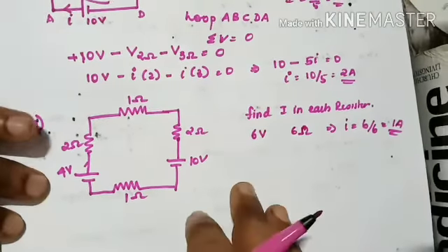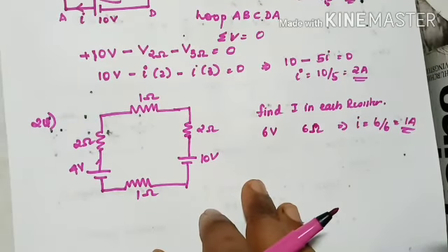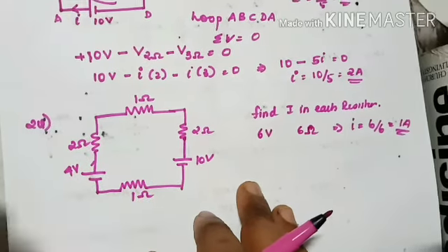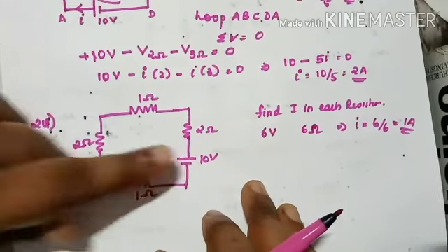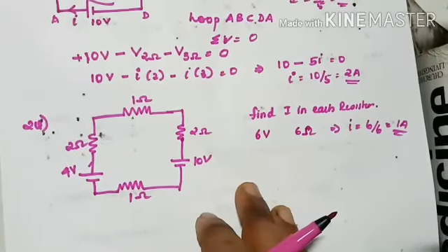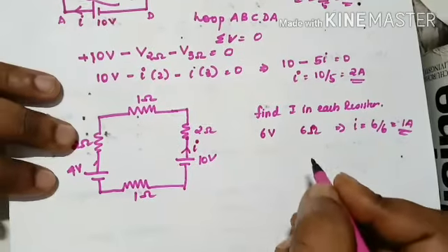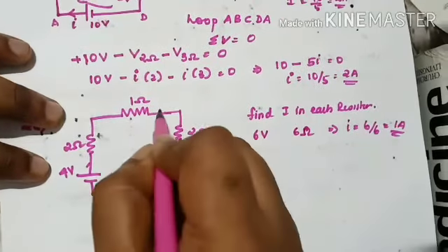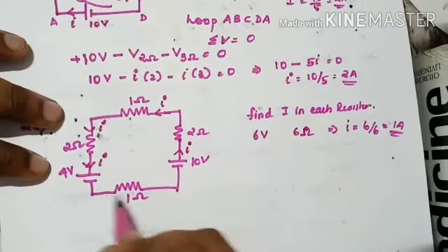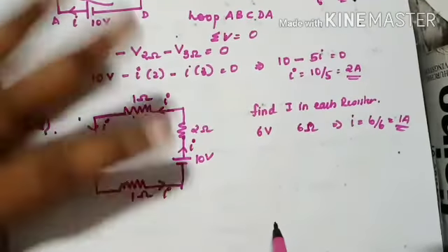Right. Now we are going to do it in Kirchhoff's way. So what was the first rule to do? We are supposed to find the current direction. Either you can take any one cell as the hero. You can consider this one as hero or this one as hero. Let's make 10 volt bigger. So let's consider the 10 volt is giving current. Now this current flows here like this, like this, like this. The current has to come back. So this is current I, this much marked.